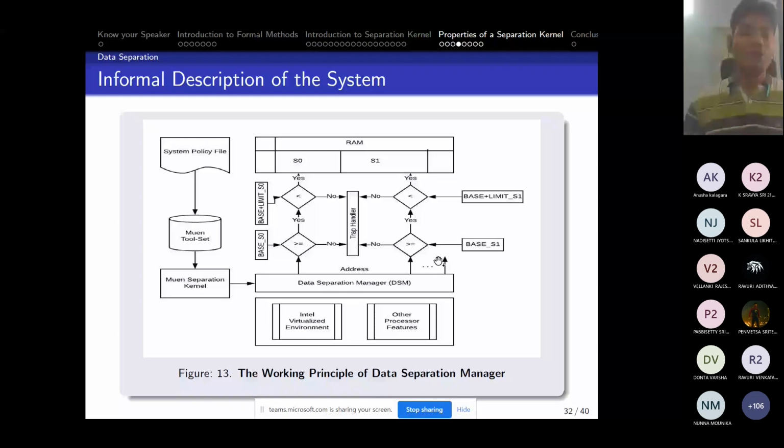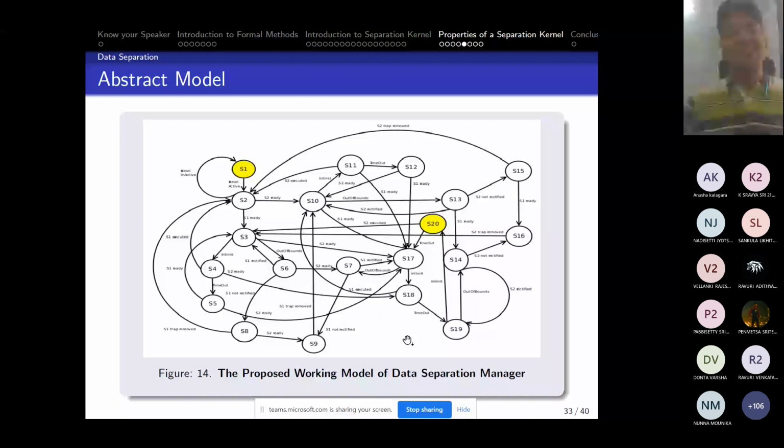This is how the model looks. Although it's a very simple model with only two subjects, you can see the complexity. With two subjects only, we have around 20 states. If you have the kernel active, then you can go to some state, whether S1 is ready or S2 is ready. You can go into the details; I'll share the slides later. I just wanted to give you a feel that with only two subjects we have many states. This is known as the actual model, or the abstract model, of our code.